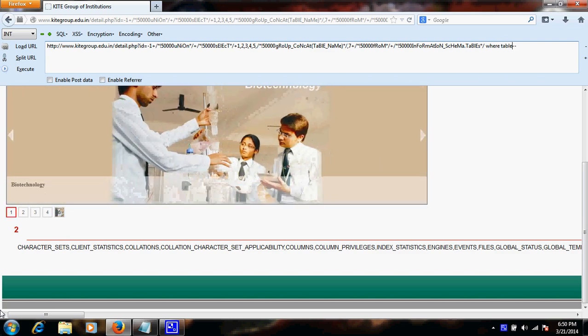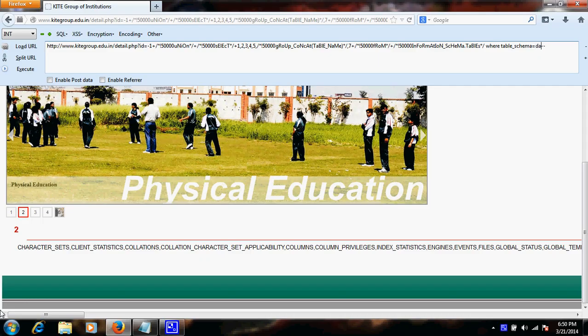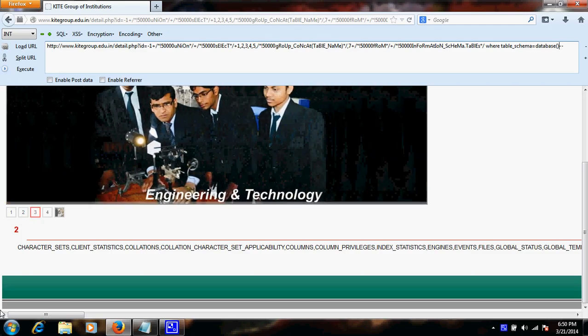table underscore schema equal to database and bracket start and close.